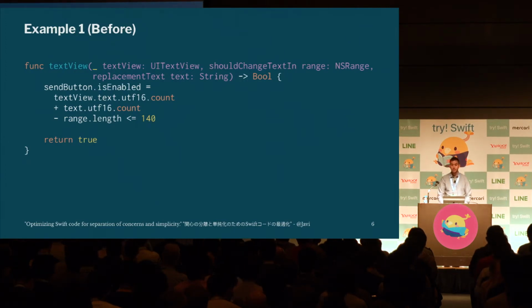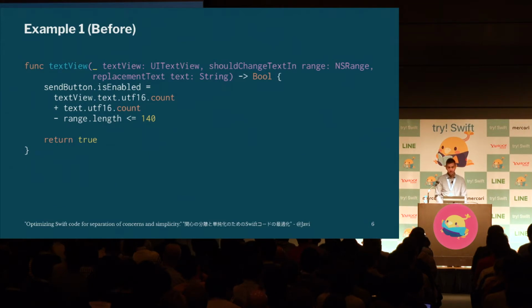Here we have a small example of code duplication. We're counting the length of the strings using utf16.count twice in this method to determine whether the length of the text after formatting exceeds some limit. This code is completely fine. When I point it out, most people will probably say it's not worth extracting any code out of this and